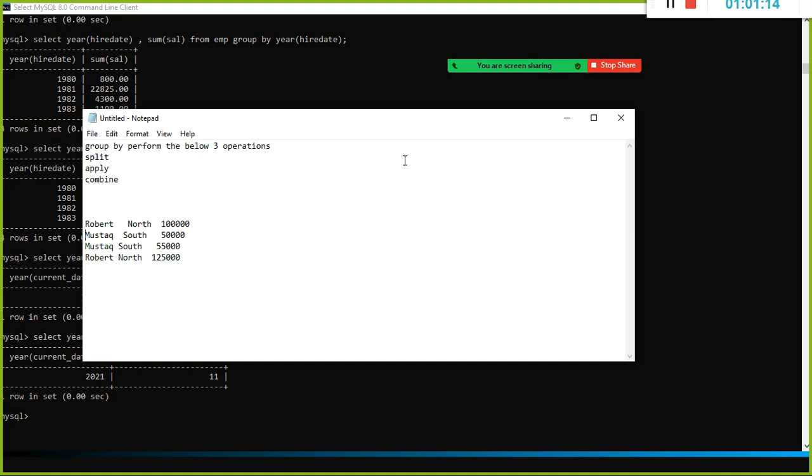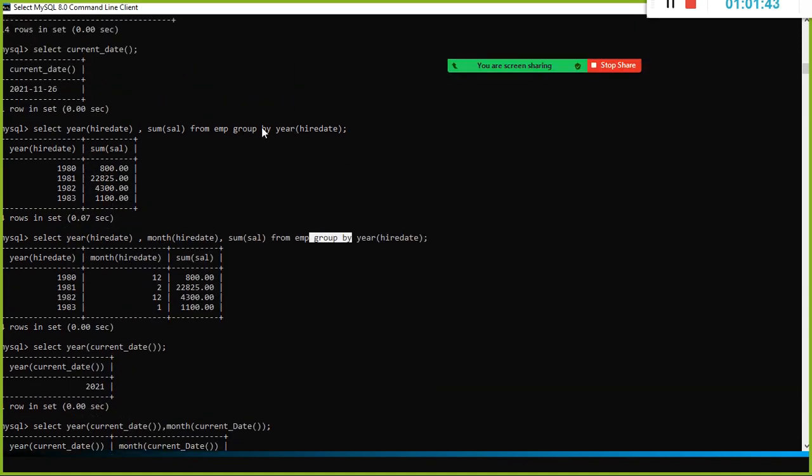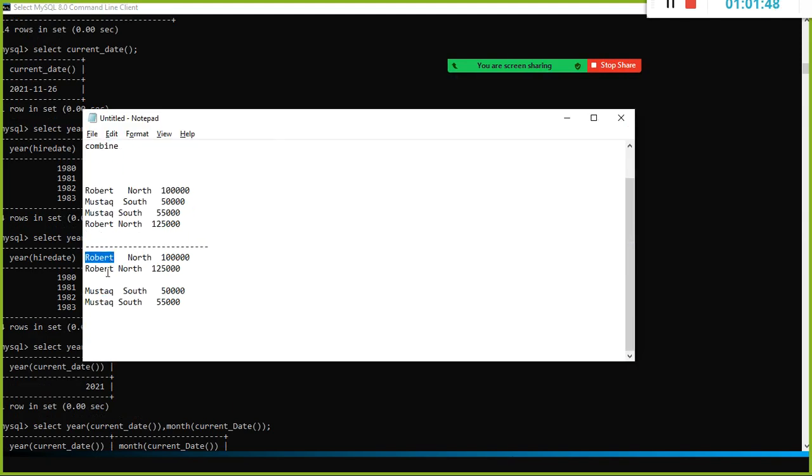What it does is split. First it splits. When you use group by, it splits the similar records into separate groups. For Mushtaq, the name is similar, everything is similar except the sale which he achieved. First it splits the data based on the column used to group by, here the name. Look here, I have used group by year, but instead of group by name, I am going to give it. In that case it splits all the names that are similar.